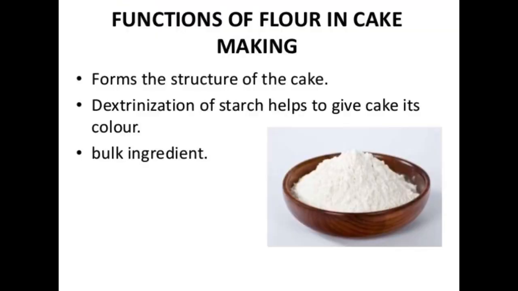And if we come to the functions of the ingredients, how they are to be selected, because a good cake depends upon the quality of the ingredients which we have selected for cake making. For example, the first one is flour, and as you know, it is a structure building ingredient in the cake and it's very important. And this flour holds other ingredients in an equally distributed condition in the cake.